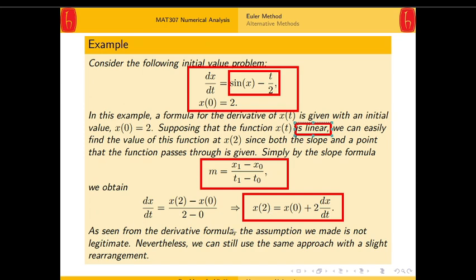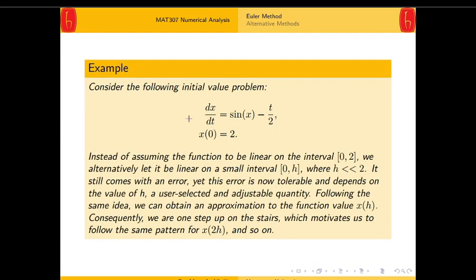But as seen, the derivative formula itself shows that this function x is not a linear function. But this was just an assumption. Nevertheless, we can still use the same approach with a slight rearrangement. Here we assumed that the function is linear on the interval from 0 to 2. This was our assumption. But instead,